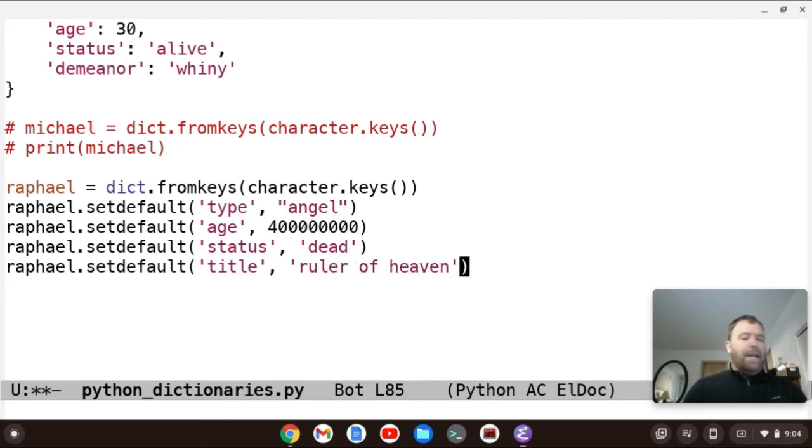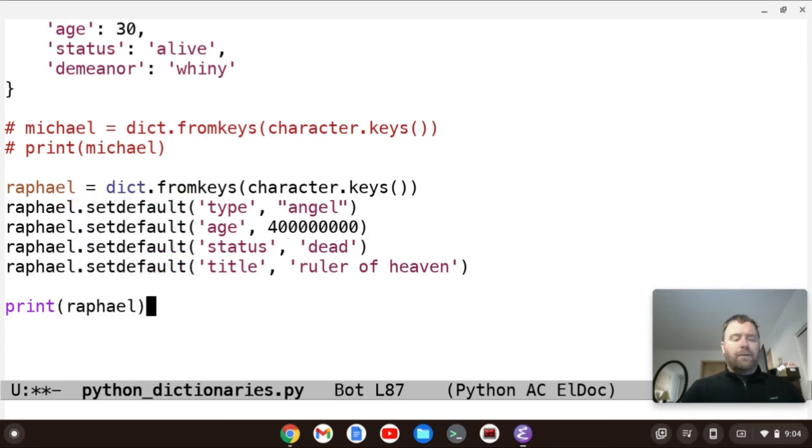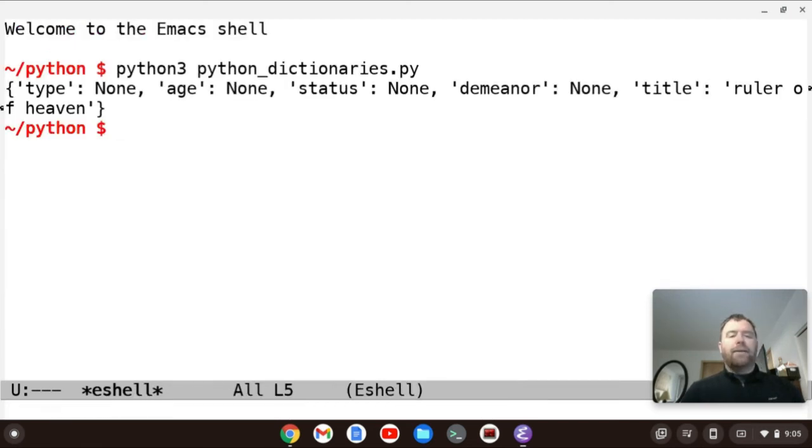Now let's print the Raphael dictionary, save it and run it. We see that the only thing that changes is the one we added with that method, the title.